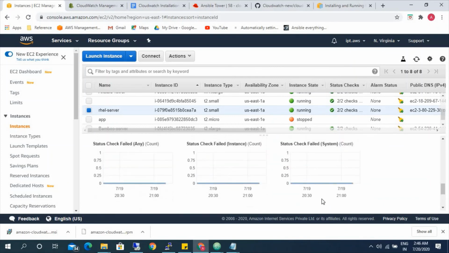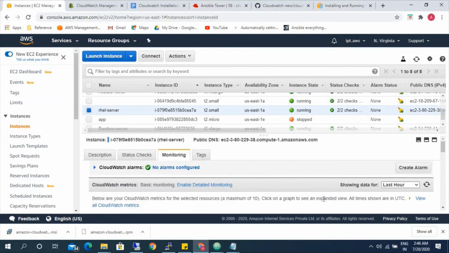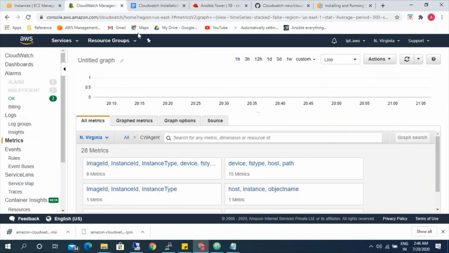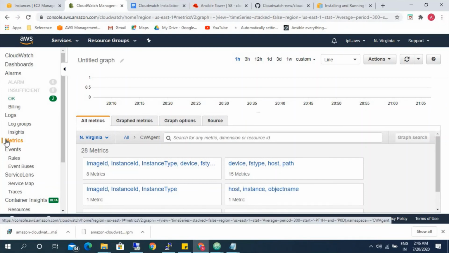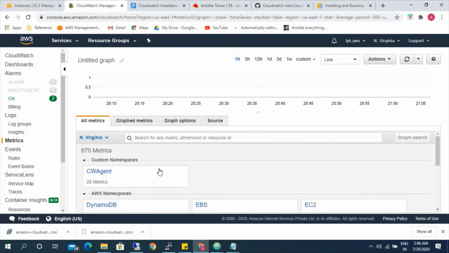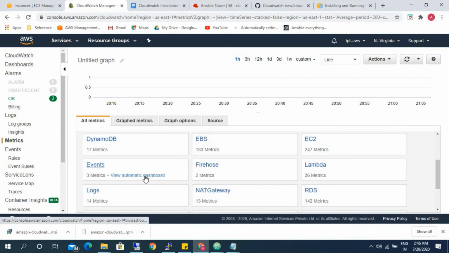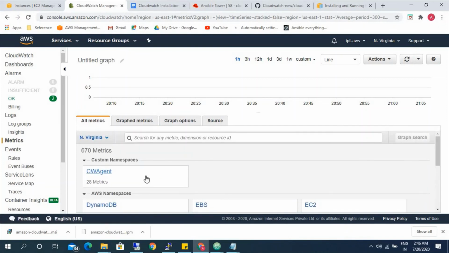That's the reason we have installed the CloudWatch agent here, through which we will be able to see other metrics which are not available by default. So let me take you to CloudWatch. This is the CloudWatch dashboard. From here we'll be able to see all the logs and metrics. If you click on metrics here and click on all, we will be able to see the complete